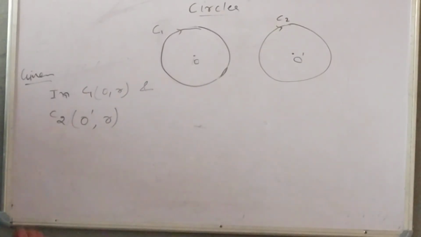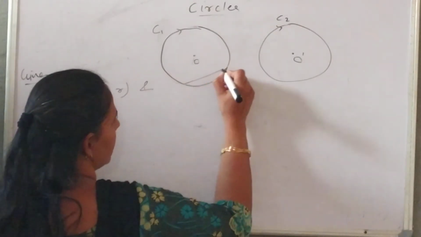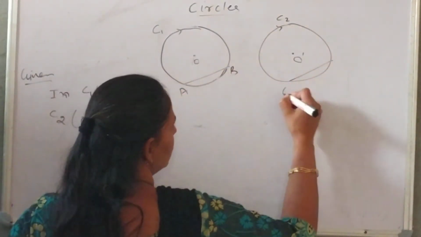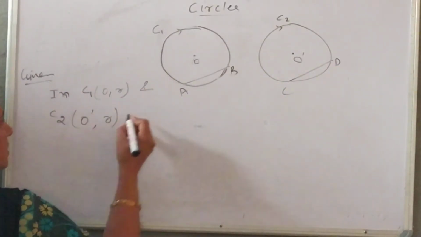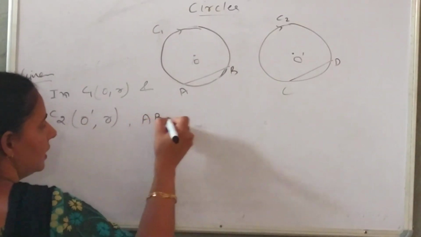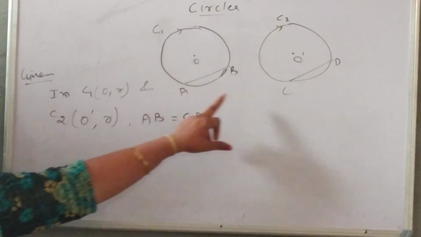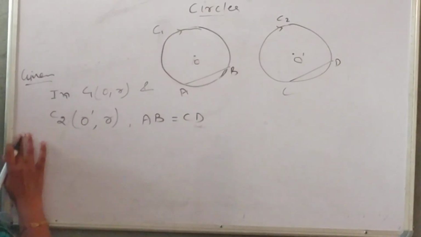Now we are given equal chords in these congruent circles. Let AB be the chord of the first circle and CD be the chord of the second circle. In circles C1 and C2, AB is equal to CD. AB and CD, two equal chords, are given. And you have to prove they subtend equal angles at the center. To prove,